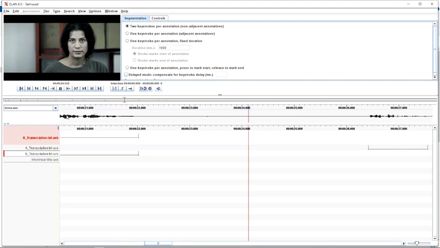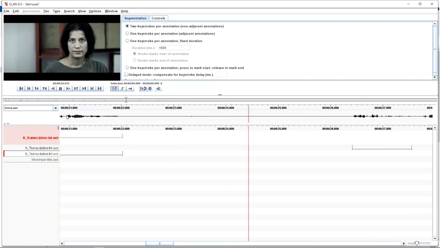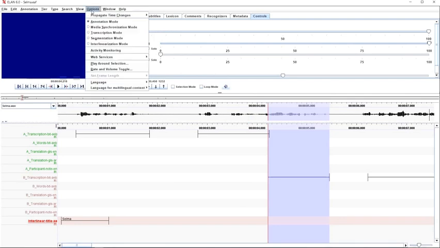I would suggest you to also go through all the annotations you added for speaker B to be sure they are fine before you start transcribing. Now we get to the final step before we can add our transcriptions. We are in annotation mode